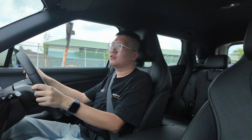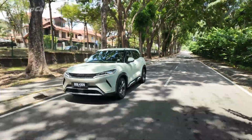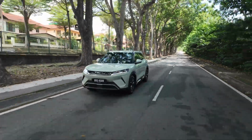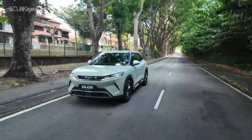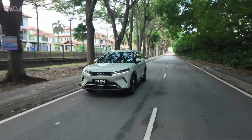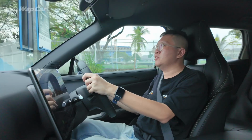The ride is fine. It's not too harsh. When you go over undulations, it feels pretty pliant, pretty composed. Let's see how it is going over the hump. Decent enough. That being said, as comfortable as the ride is, I'm not so sure how it's going to feel for those at the back, because the